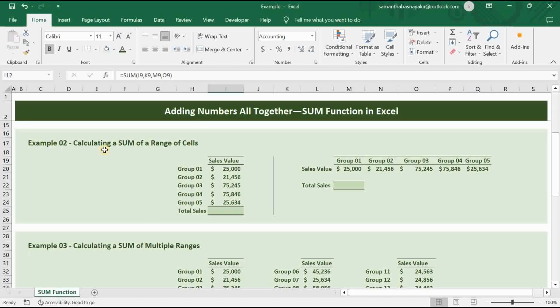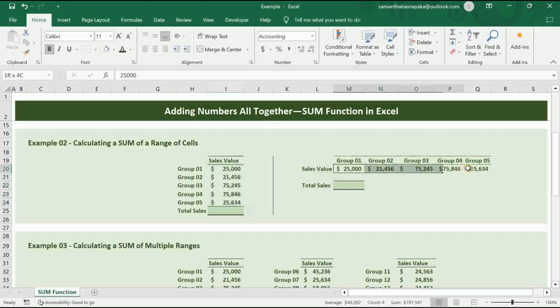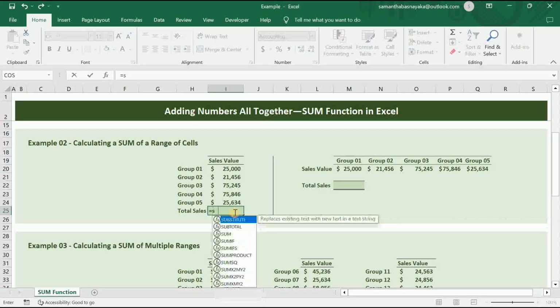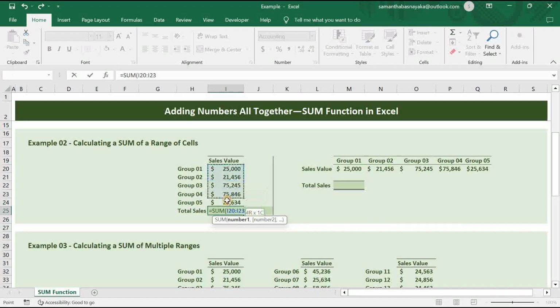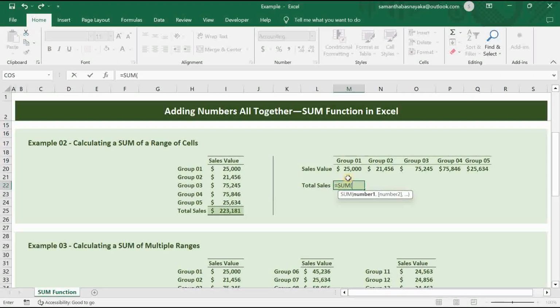Secondly, to get the sum of the values where data has been ordered next to each other, or in contiguous cells, either column or row-wise, like in example 2, type sum and press the tab key, and select the range of cells with target values you need to sum. Then close the brackets and enter. Here is the sum. Do the same for the column-wise values as well.